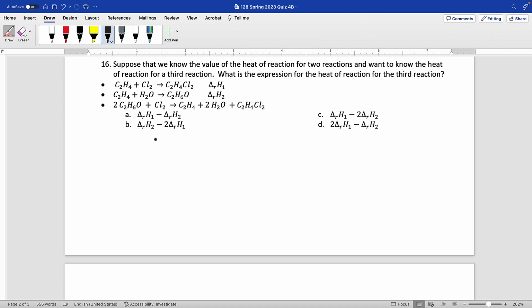Okay, the last one, this sort of relates back to our heated combustion lab where we combined a bunch of reactions, and we have to figure out a way to combine these reactions to get the third reaction. Because we have known heats for the first two, we want to figure out what the heat of reaction is for the third one. And one thing to do here is look for differences, right? So we can see